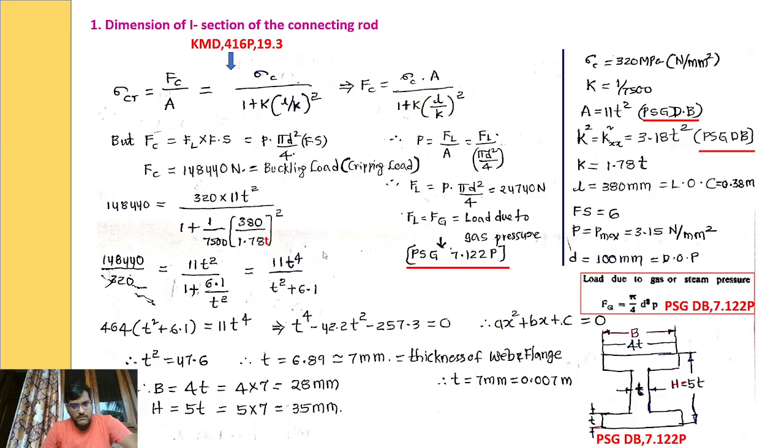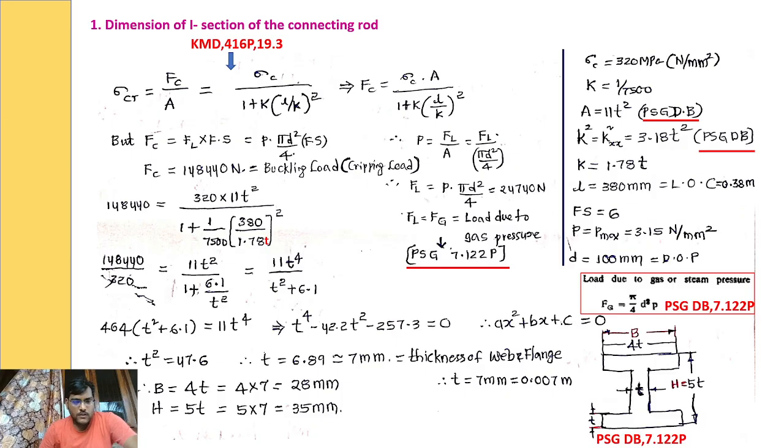So here t square will multiply with t square, we will get t power 4. So this is the final term. This one is equal to this one. Okay, so from that formula, after simplification, this is 464 into t square plus 6.1 is equal to 11